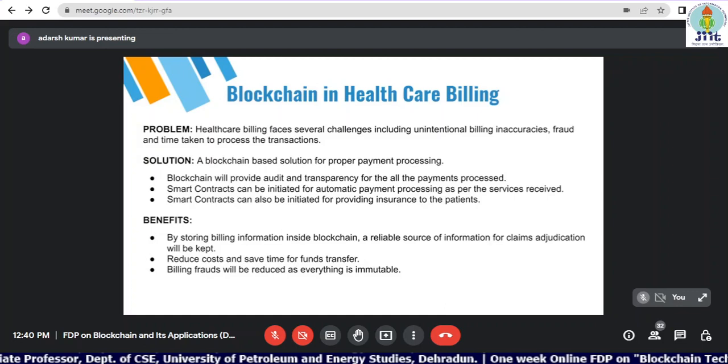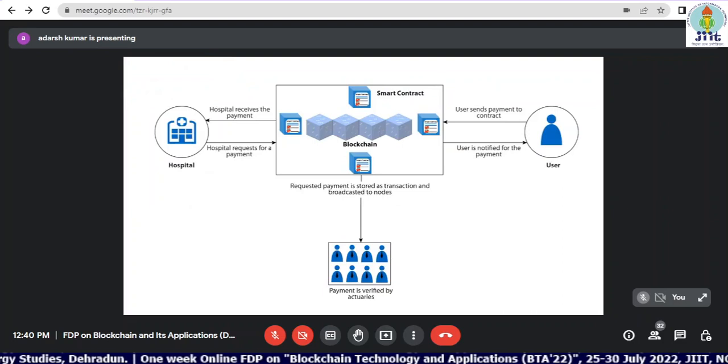everything is immutable. So data is immutable, you know what for what you are being charged. So many of the frauds can be avoided. The duplicate of bills can be avoided. Fake bill submission could be avoided. And this will be a permanent entity of your bills. Right. So this is the one scenario in the billing system.